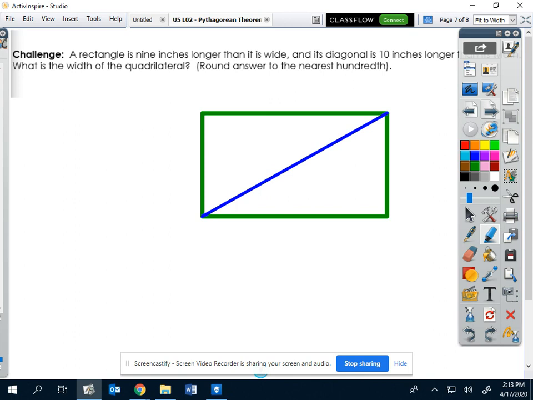So if you have time, I want you to try this challenge question. If you're feeling good, don't stress about it. But with this challenge question, what we're looking at here is a rectangle, and it says that the rectangle is 9 inches longer than it is wide. So